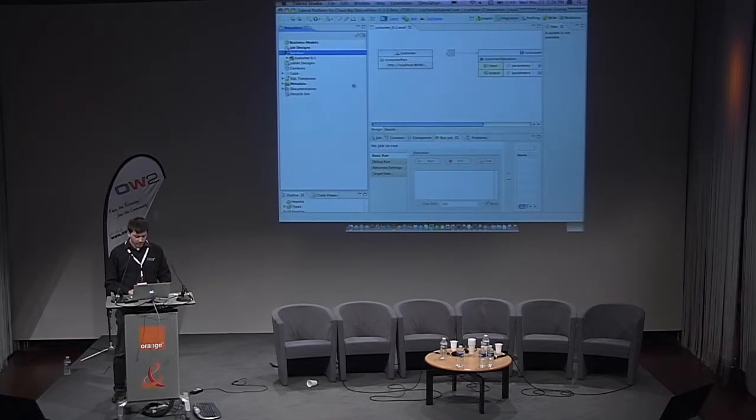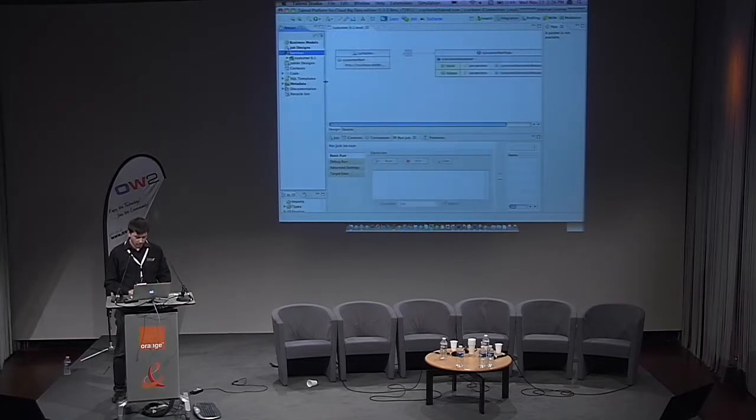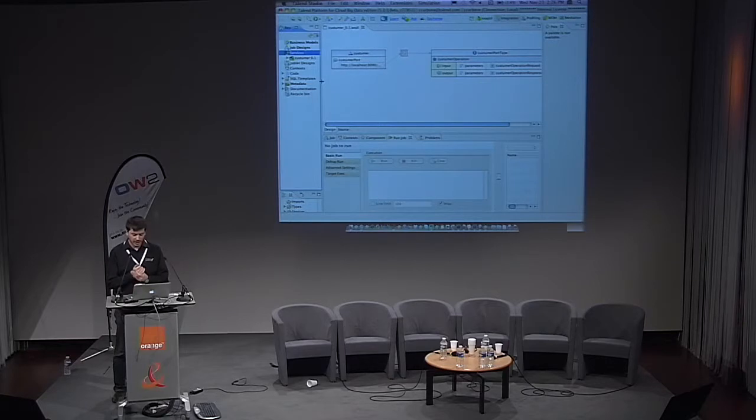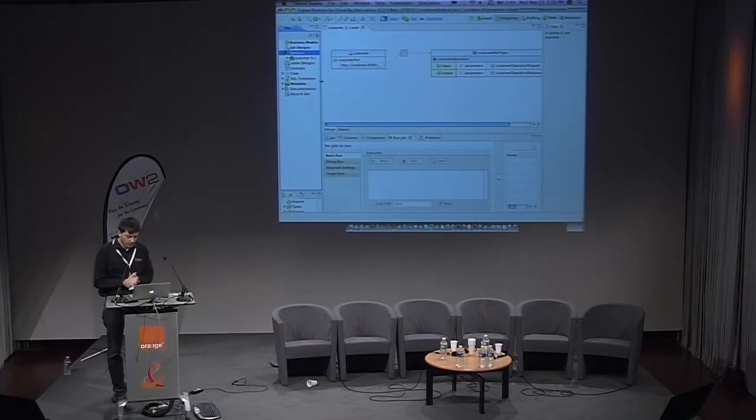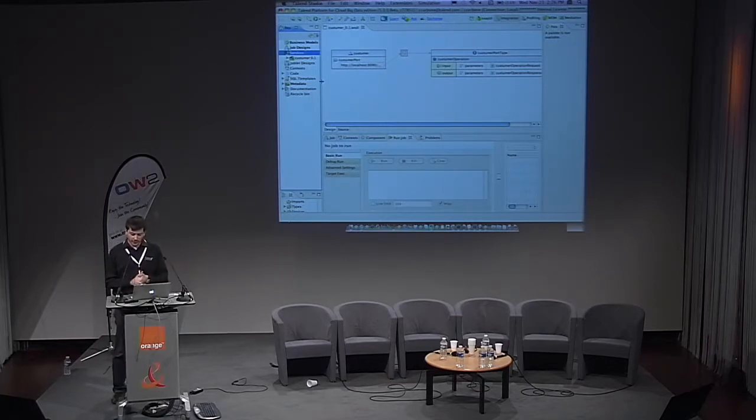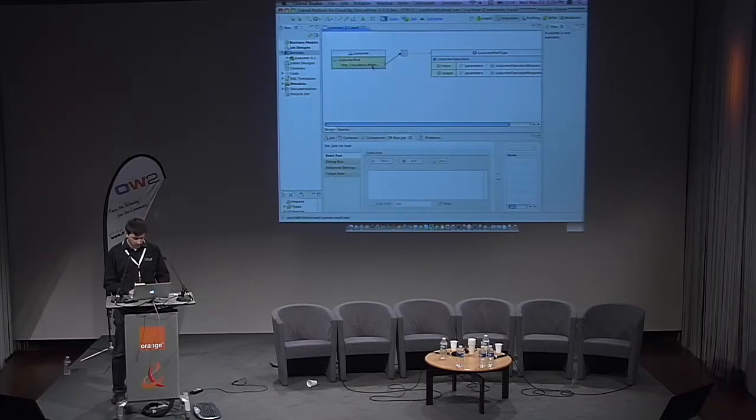For people that use Eclipse and know some tooling in Eclipse, they will see we in fact use some standard tooling like the WSDL editor, the XSD editor, etc. My customer, I made a mistake on the name, but it's not an issue.